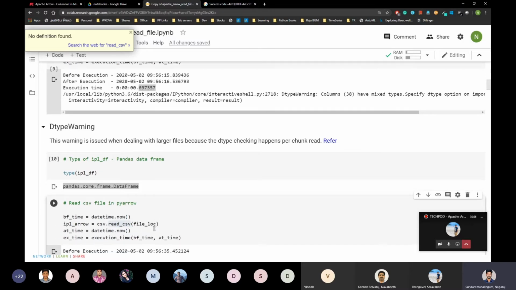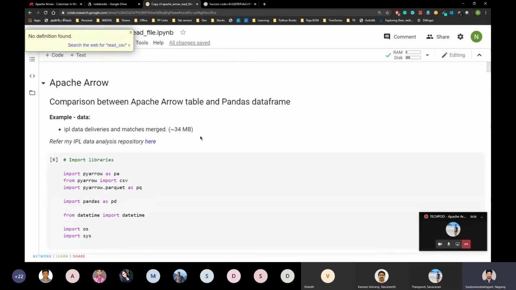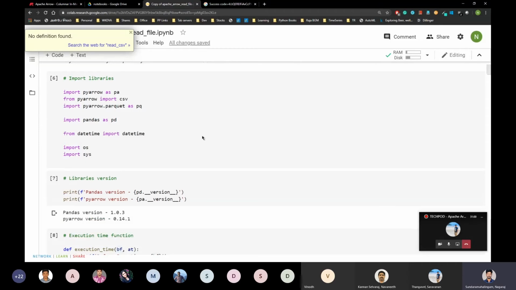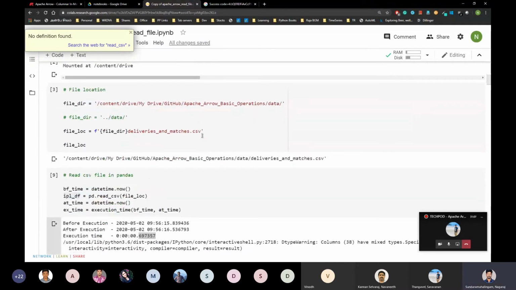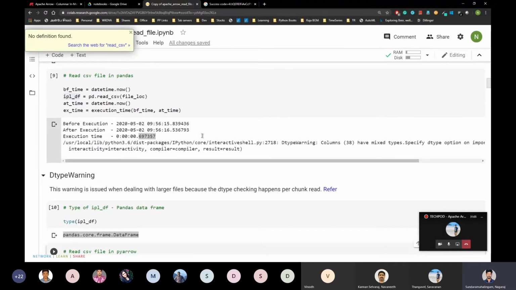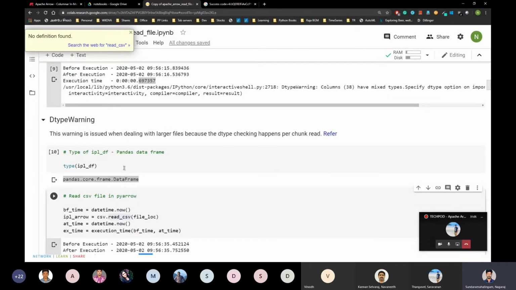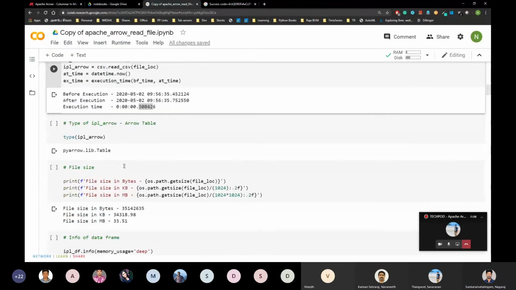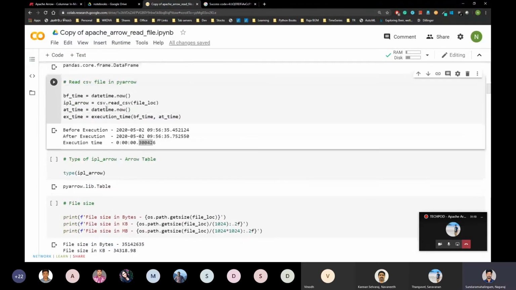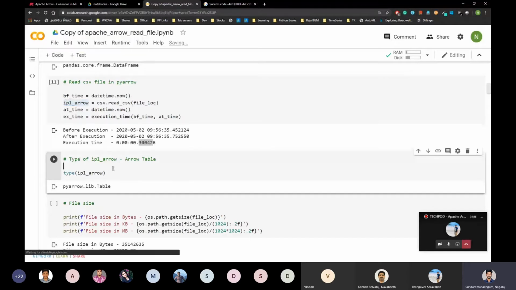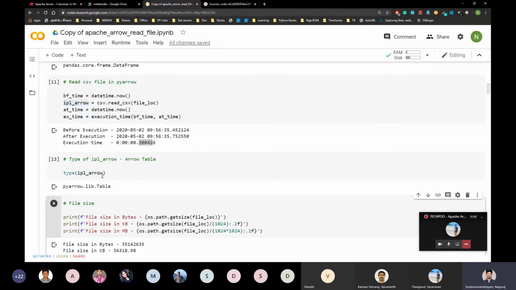Okay. It's just a 34 MB file. Think about a large volume of data. I read this file and store it in an Arrow variable. The type of that variable is a table.